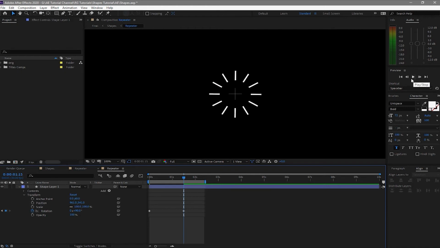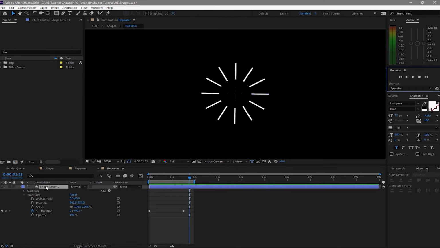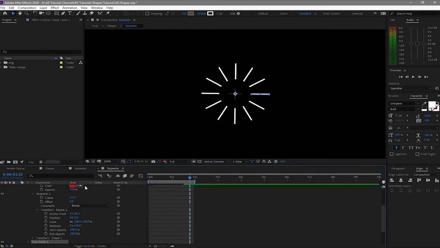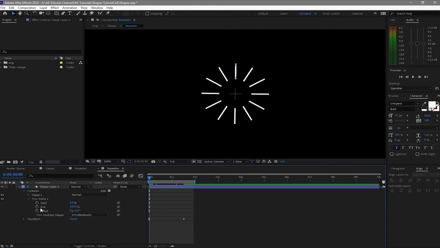And after that, let's see what happens. Your shape now is rotating to about 90 degrees. If you want your shape to be more interesting in animation, if you want to use the explosion technique again, all you have to do is to go back to your shape layer and then click again the arrow in here and go to trim paths